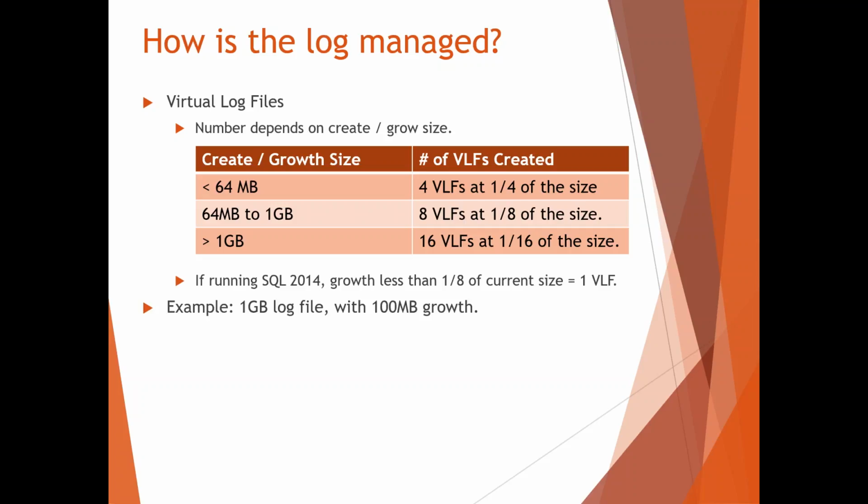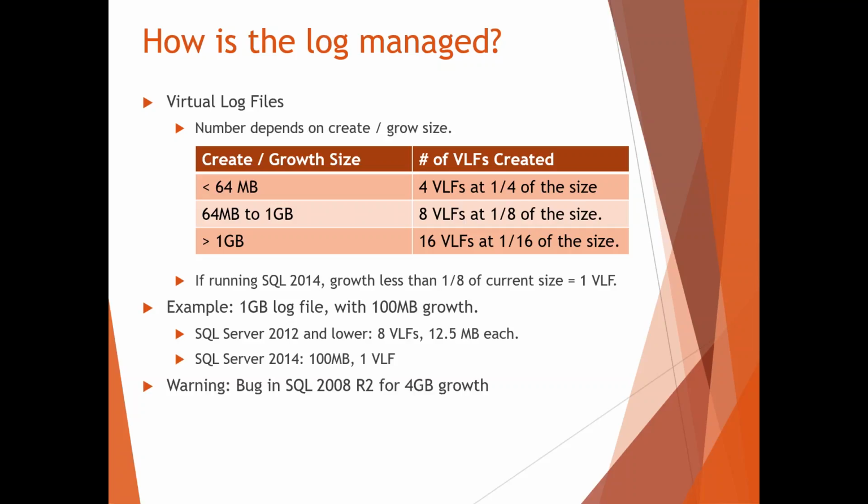So for an example, if I've got a 1 gig log file with 100 meg growth, for anything SQL Server 2012 or lower, I'm going to get 8 VLFs at around 12.5 megs each. However, once I get to SQL Server 2014, I'm only going to get 1 VLF at 100 megs. Now, quick warning that I got to let you know, for anybody who's out there running